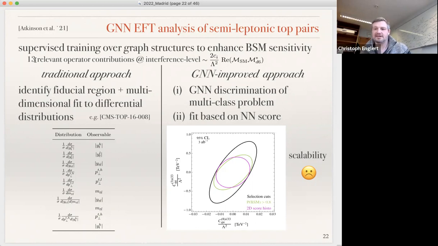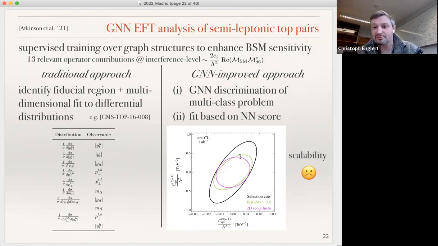However, that doesn't really scale with data. I mean, we have a lot of TT bar data, but if you start building that up into 13 independent directions, you will start to lose statistical sensitivity very, very quickly. And that actually happens here at 3 inverse attobarn in the top sector already when you introduce 3 operators. And you can see this,